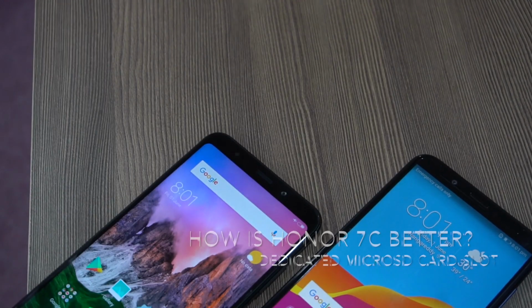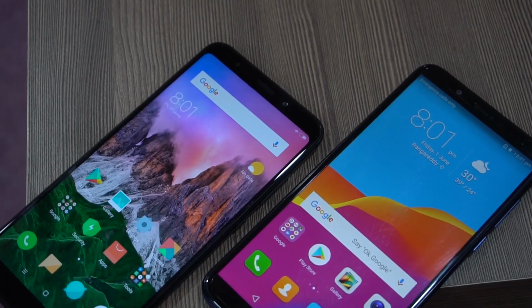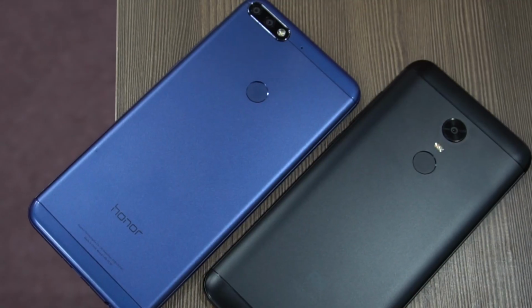Now before we wrap up, we'll talk about the differences between these two smartphones and where the Honor 7C is actually better than the Redmi Note 5. Firstly, it comes with a dedicated microSD card slot, which is not present on the Redmi Note 5. Next, as said, the Redmi Note 5 comes with a single lens camera,